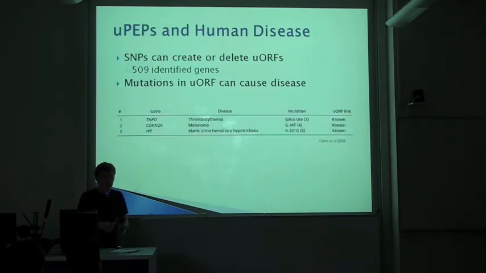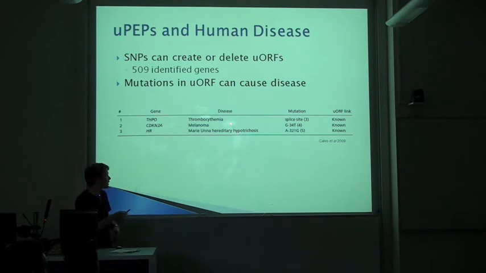So if UORFs do encode functional peptides, it would be expected that if there was a mutation within the UORF, these could produce a disease. And Calvo et al. performed a study and identified 509 genes where single nucleotide polymorphisms were actually creating or deleting upstream uPEP reading frames. And he identified another 8 mutations that were associated with disease, and 3 of which have been shown